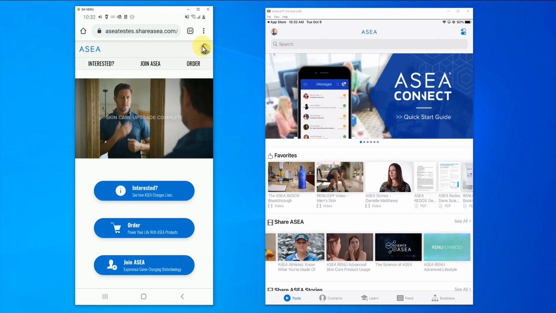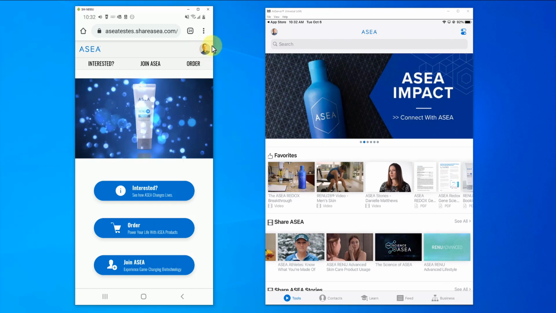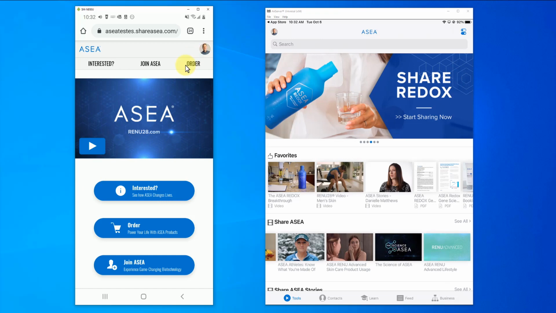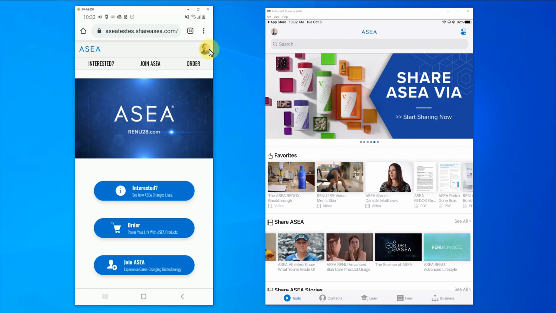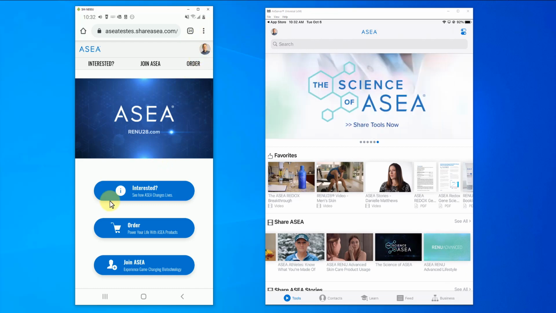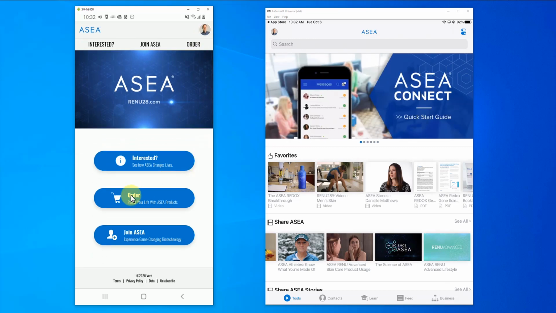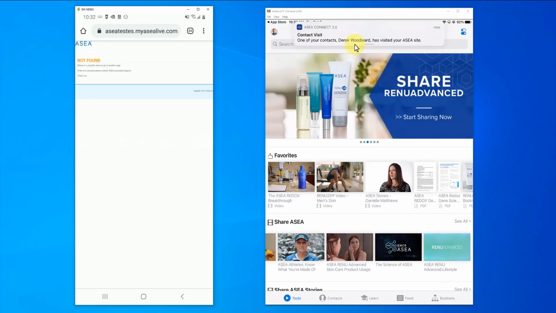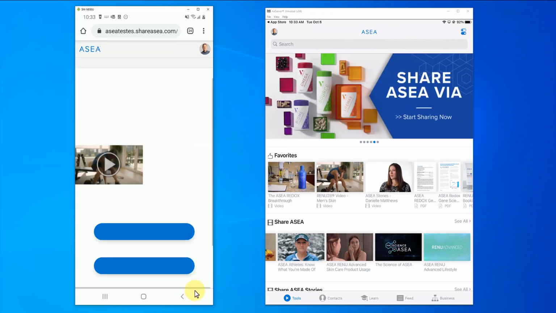Now, one of the things I did want to bring up is that step of adding your image. This is where it gets used here. So you can see you got a nice image of me there, and that is something that we will always see if you update your photo. So make that be one of your first steps there after adding yourself as a contact, to getting a nice photo there, because the content that you're sharing is going to be relevant because they're going to see your photo there. Now your contacts, they can click on these little buttons here. It's not going to work for me because this is an account that is not connected to ASEA's back office, but you can see there I still get a notification that Derek Woodward has visited your site, which is the important part of this app.